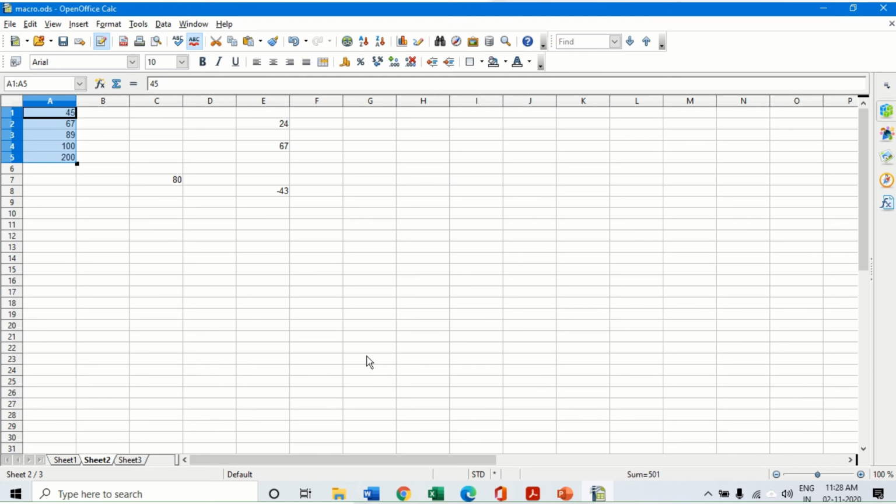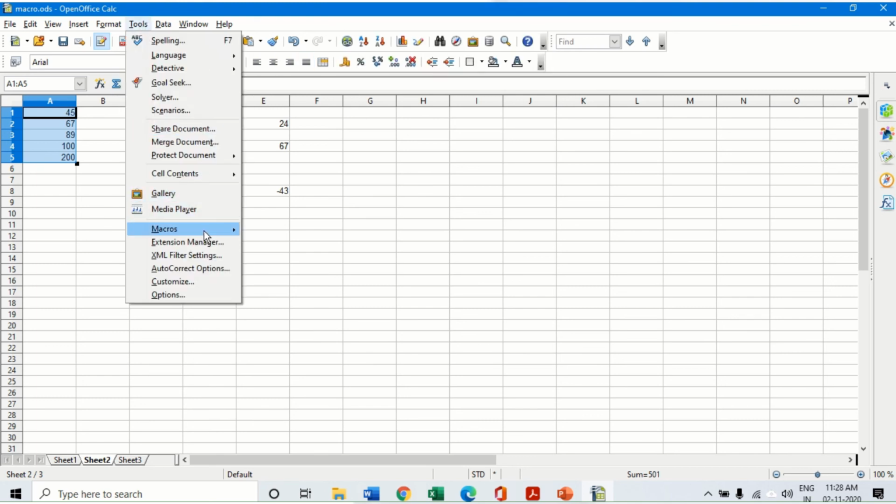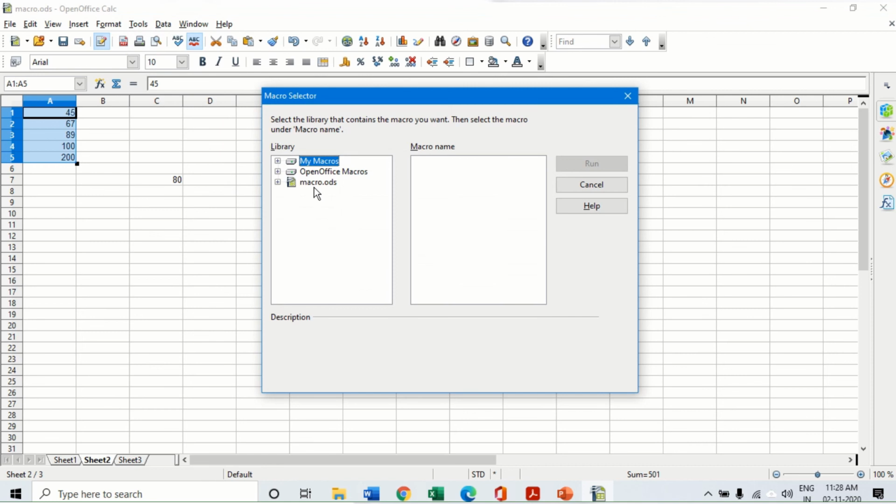This way I can create a sorting macro in my Calc sheet. All the macros I have created over here, I can run them. It is in My Macros under the Standard directory. There is a module called New in which I had written many different macros and functions, and I can run them whenever I want to.